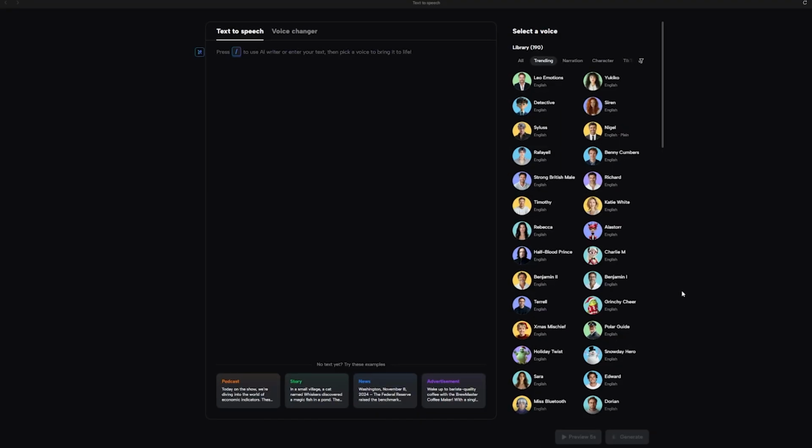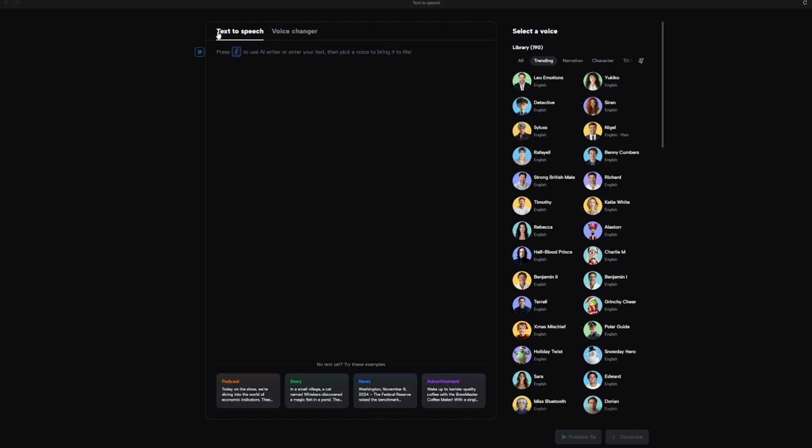This works even if your character is AI-generated or static, and it saves a lot of time compared to keyframing everything by hand. Now, if you want narration but don't want to record your own voice, you can use CapCut's